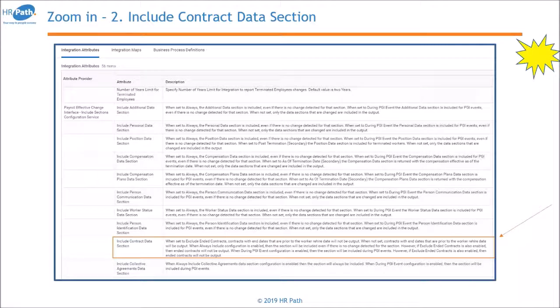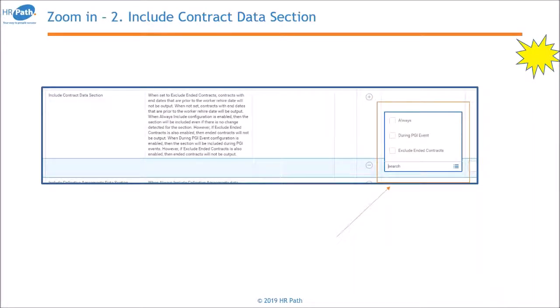within the integration attributes. So basically you have this option added here, which includes the contract data section. And if we look at the next slide, you will see which options we have to be able to configure it. So you can determine whether you would like it to be switched on always, which means that it will always be included no matter what. If there is a change on a worker, even if it's only an address field, you will always get the contract data section. You can have it switched on during a PGI event,